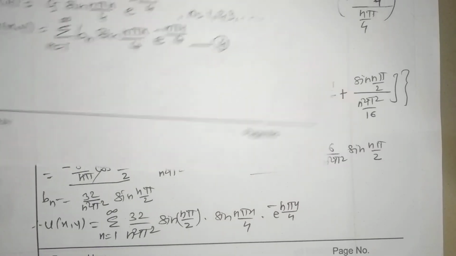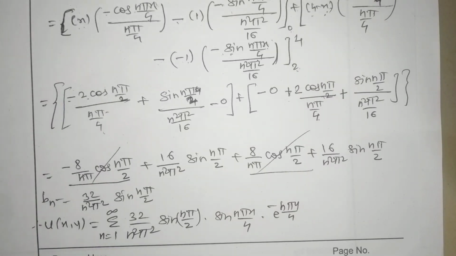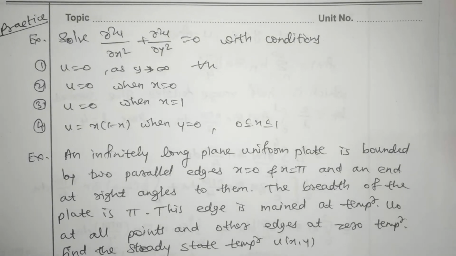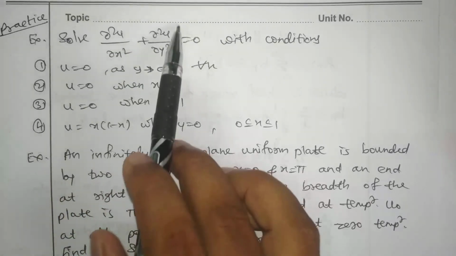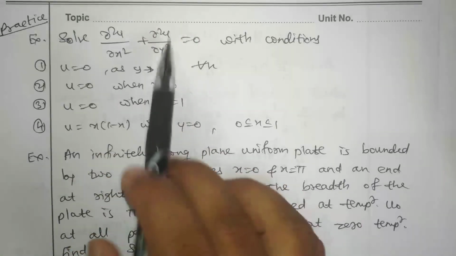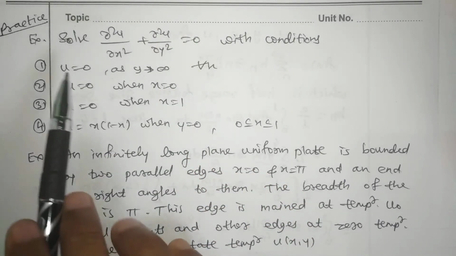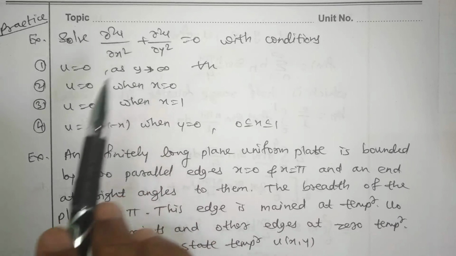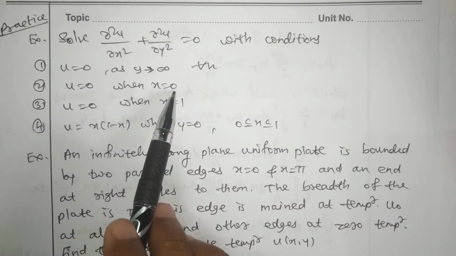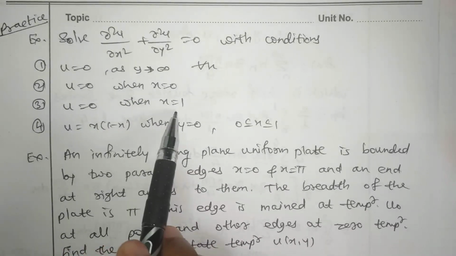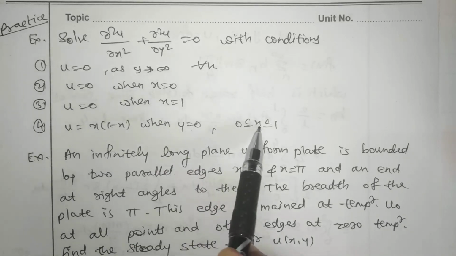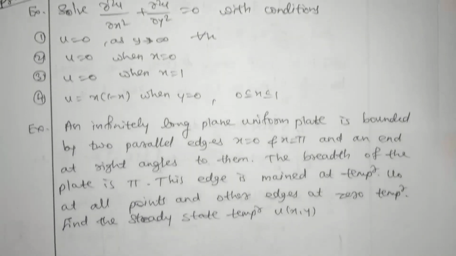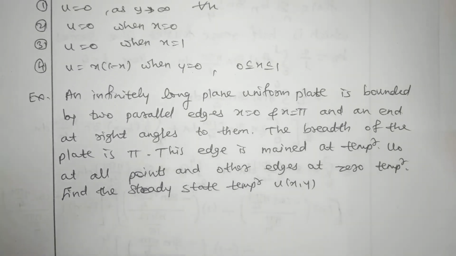Now let us take two examples for practice. First one is solve del square u by del x square plus del square u by del y square equals to 0. That is the Laplace equation with the conditions u is equal to 0 as y tends to infinity, u is equal to 0 when x is equal to 0, u is equal to 0 when x is equal to 1, and u is equal to x into 1 minus x when y is equal to 0 for x varies from 0 to 1. And the second example, that is a theoretical example,